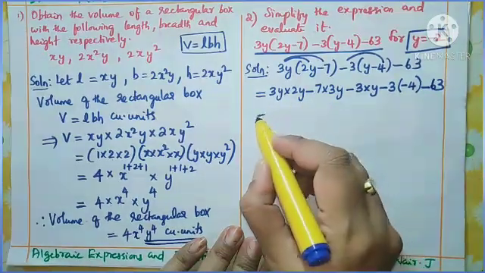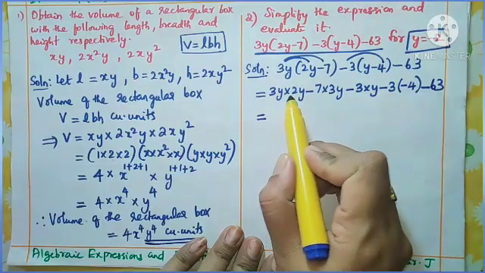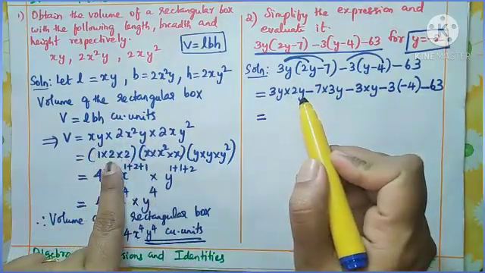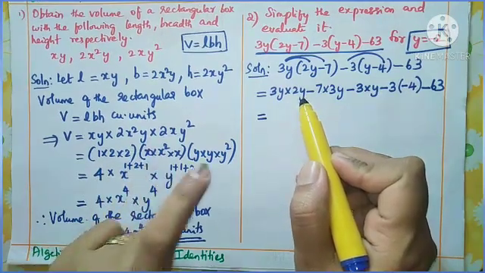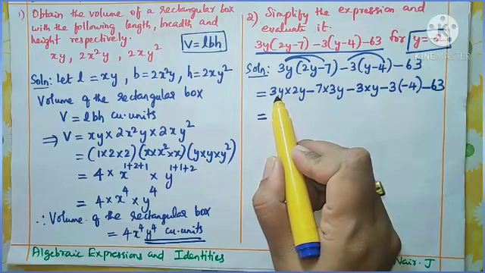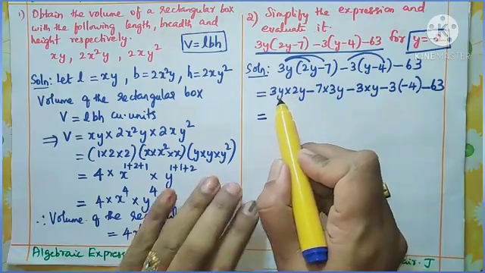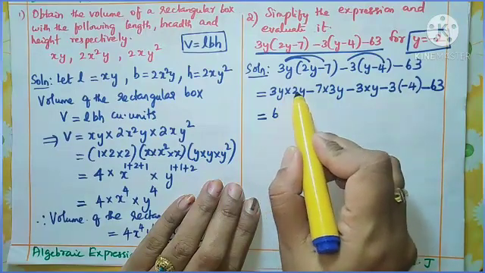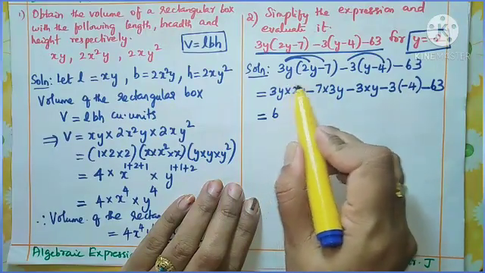Now you need to solve this. In the first problem, what did we do? You collected the constant numbers separately, then x separately, y separately. Likewise you want to do here. First 3y into 2y. So you see the numbers, 3 into 2, 6. Then y into y. The power of y is 1, here also 1.